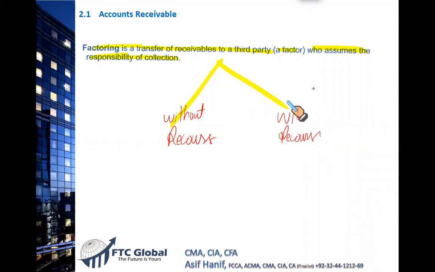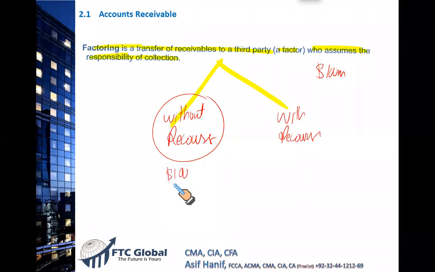Now, if I sell my customers, let's say I've sold 100 million of my account receivables to a factoring company without recourse, what does it mean? That I'm selling my 100 million account receivable, whether they pay you or not, I am not responsible. You are taking the risk, take it away. You can't come back to me. You have no recourse. Take these 100 million, analyze them well, pay me money and get out. In this case, risk has been transferred.